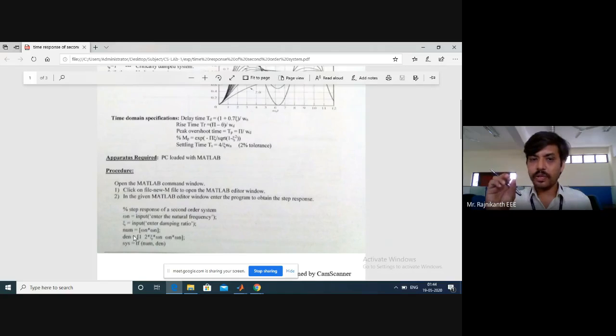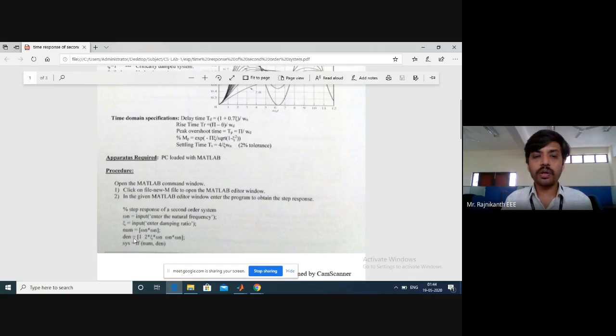For the numerator of the transfer function, the standard second order formula has numerator omega n square, therefore omega n into omega n. The denominator coefficients are: coefficient of s square is 1, then 2 zeta omega n is the coefficient of s, and omega n square. So these are the numerator and denominator values of the standard equation of a second order system.